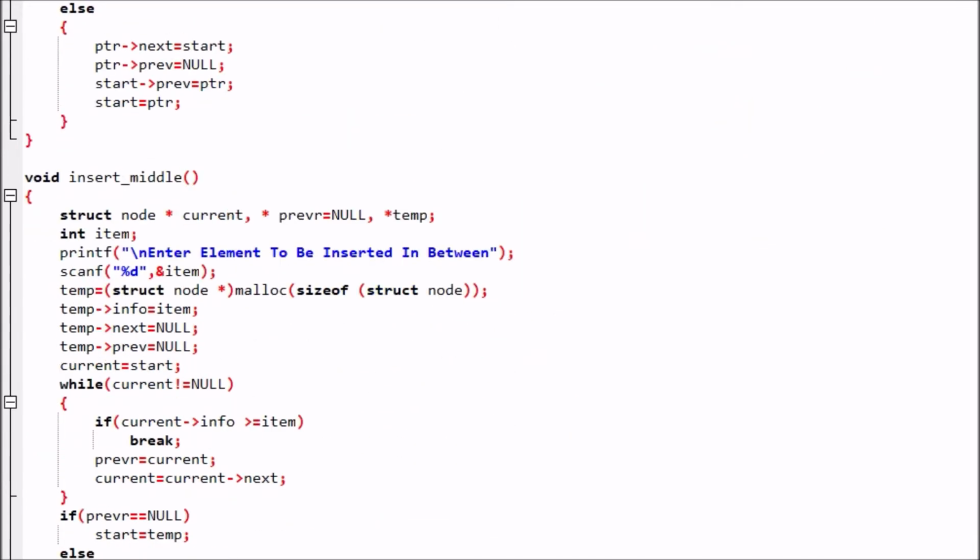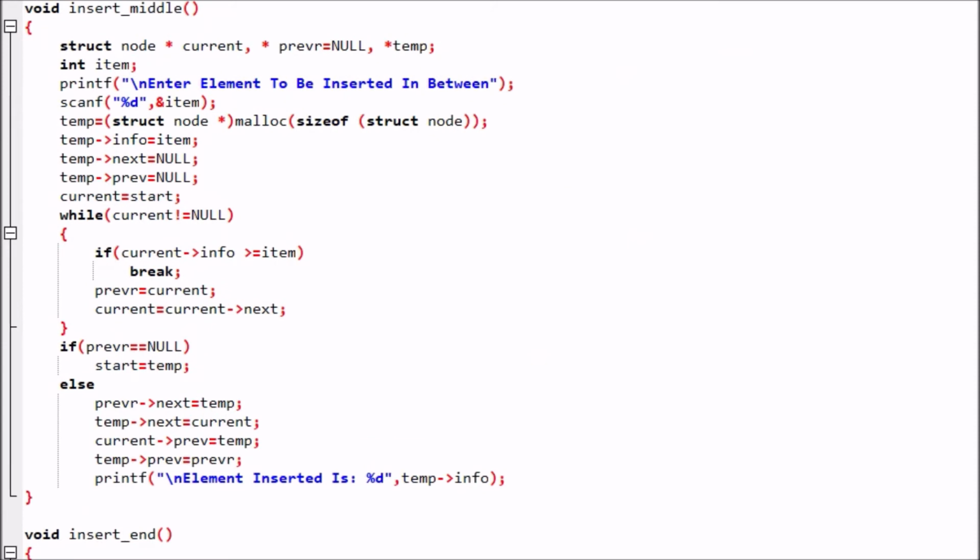Now we are scrolling down to the next function, which is insert middle. The void means there is no return type. Inside, struct node, the doubly linked list node where we have 3 parts.